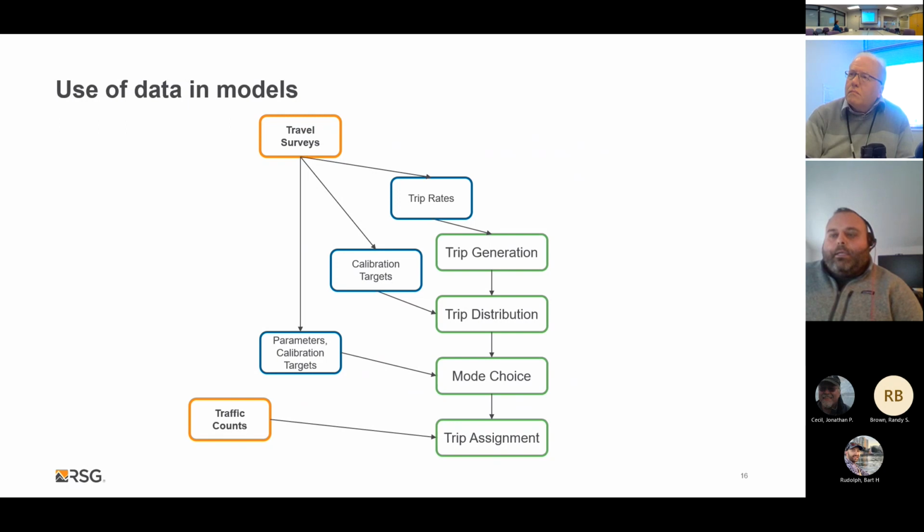So at the end of the day, for trip assignment, we need to have two things to calibrate. We need some sort of observed set of data on the roads and then on the transit system. So we use traffic counts for highway assignment, and for transit, we typically use boardings, and the boardings can be based off of data that's collected by the transit operator. And in some cases, we actually can get linked transit trips from the transit operators too, where if you had to use a fare card, your linked fare card could be traced through the entire system for the type of transfers you're doing.